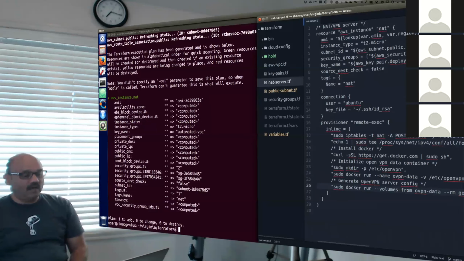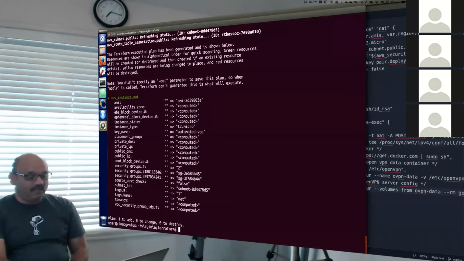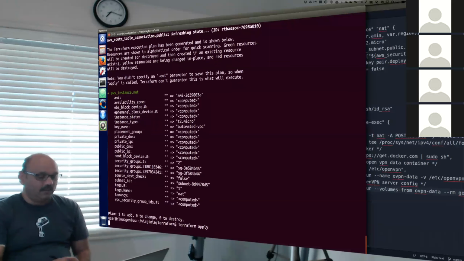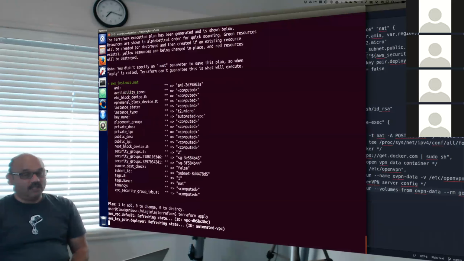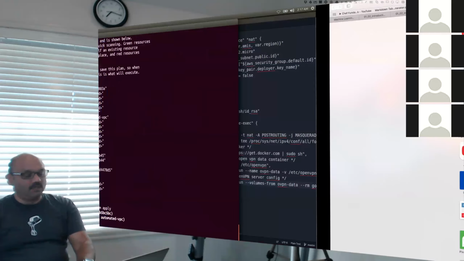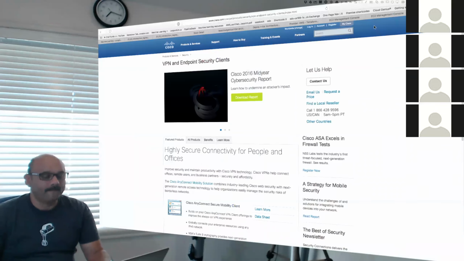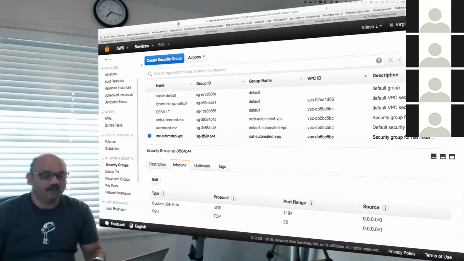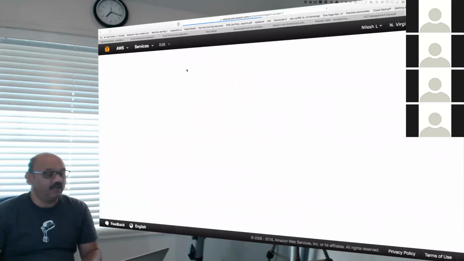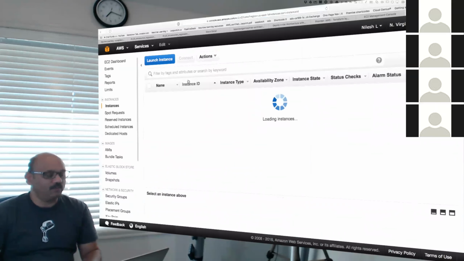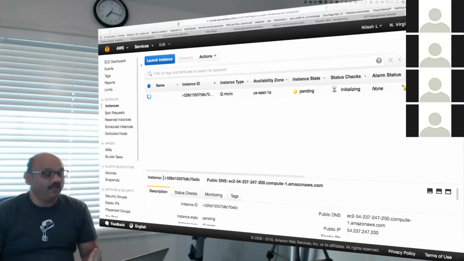So I will now go on this side and say, Terraform, go and apply. And so you will see that this Terraform tool will go and create a machine for us in our Amazon cloud. And so you should be able to go to Virginia and AWS and EC2 and find that a new instance is going to pop up here, and there it is. And it is going to become our NAT machine.